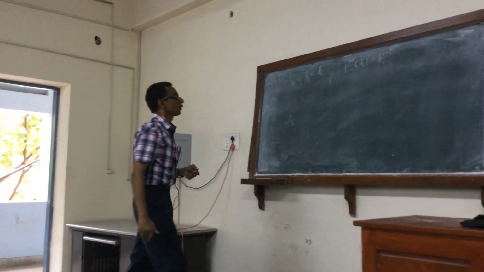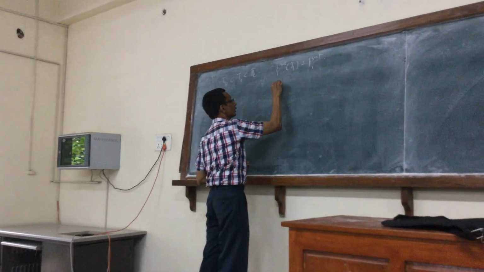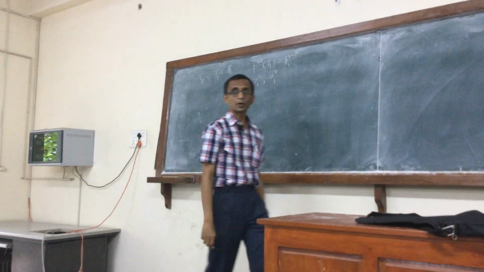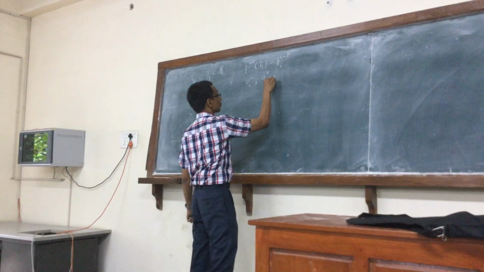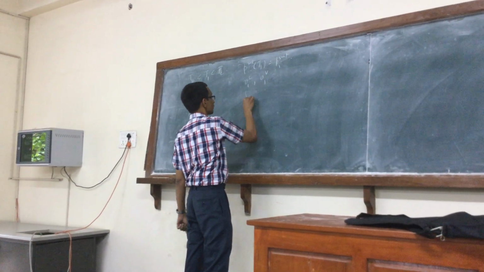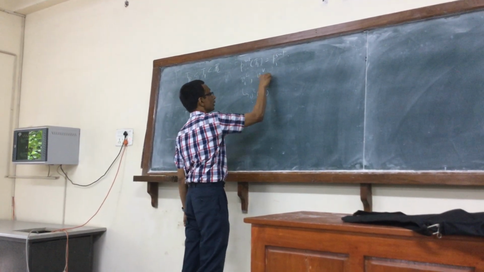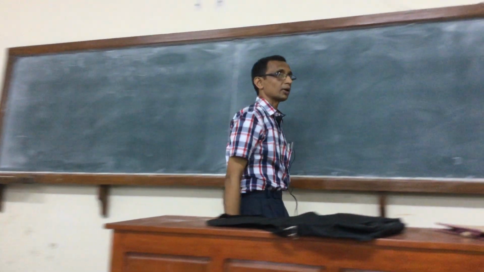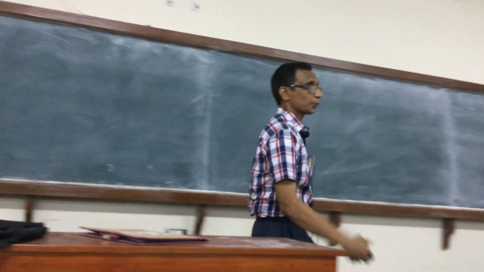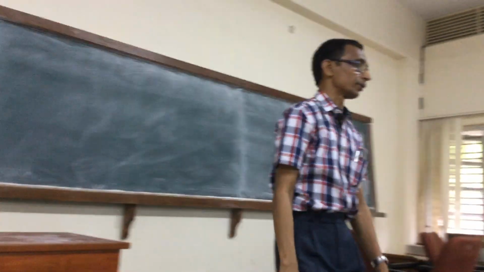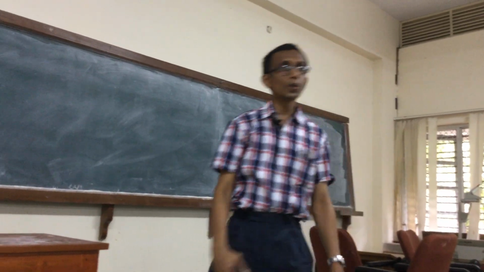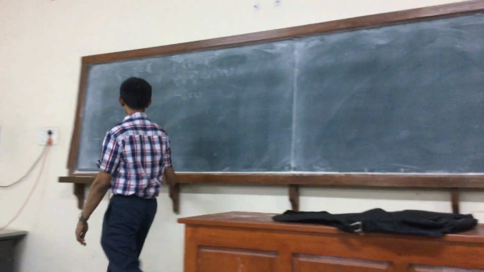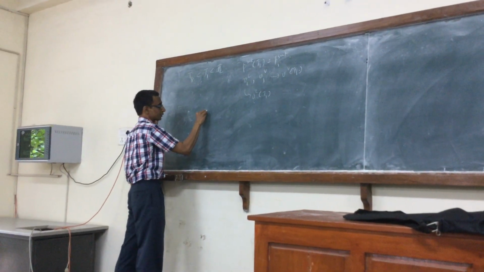We will also denote the saturated liquid and vapor volumes, which are all functions of temperature. This is VL of T1, and this is VV of T1, the saturated vapor volume corresponding to the temperature T1. The liquid and vapor are in coexistence at the same temperature and pressure. So the governing equation is given as